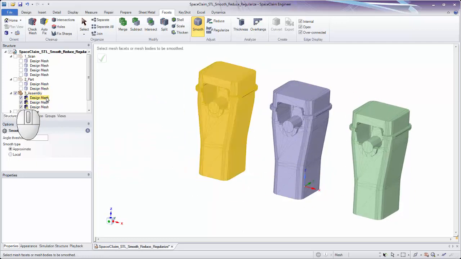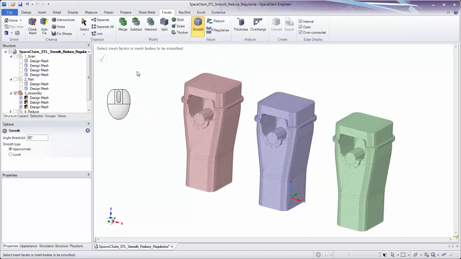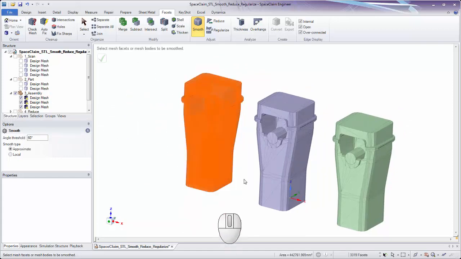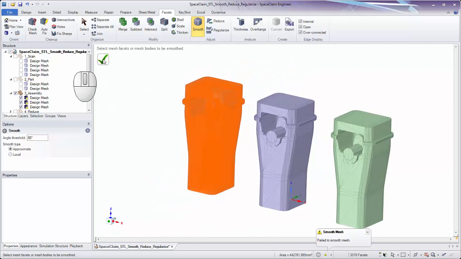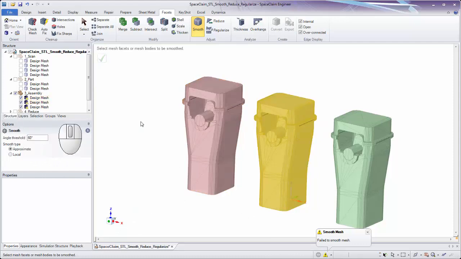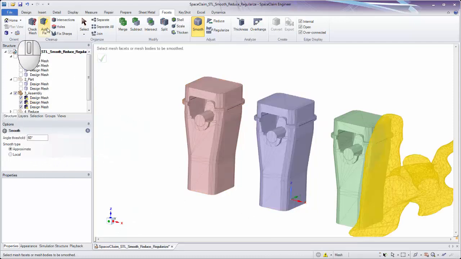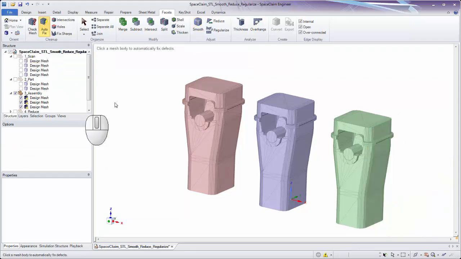but whenever you bring in an STL assembly or a mesh assembly, the whole thing is always defined as one mesh body. Now, if I try to do a smooth operation on one of these here, and again, I just want to make sure it selects all the facets on either side, and I hit the check mark, it says failed to smooth mesh. And if I look in the tree, I can see this little yellow tag on here that usually means there's something wrong. So the first thing that we might do is do an auto fix on this guy right here, and I just click it,